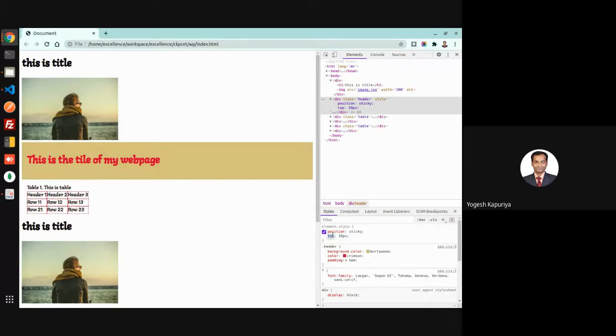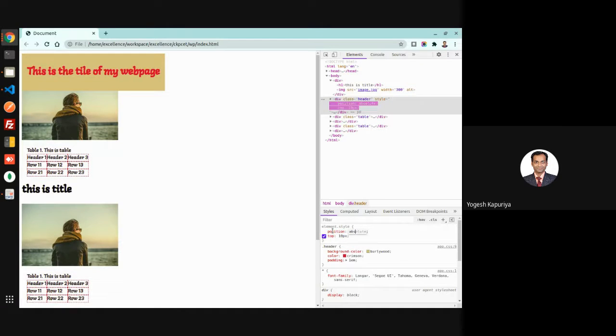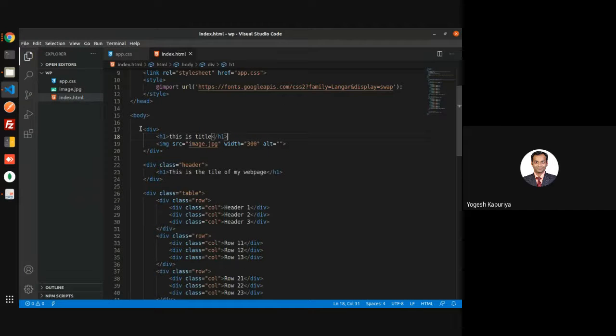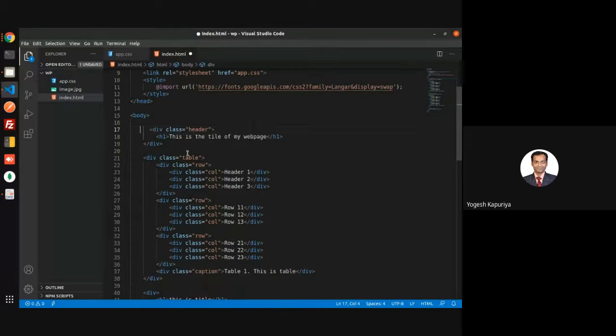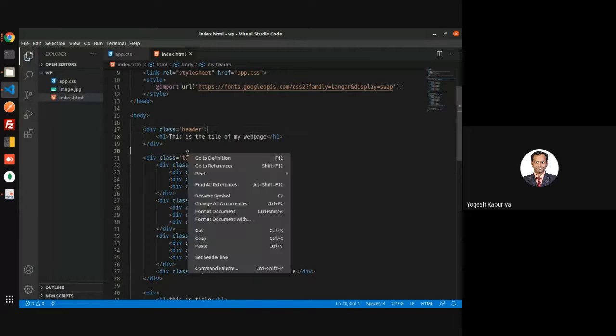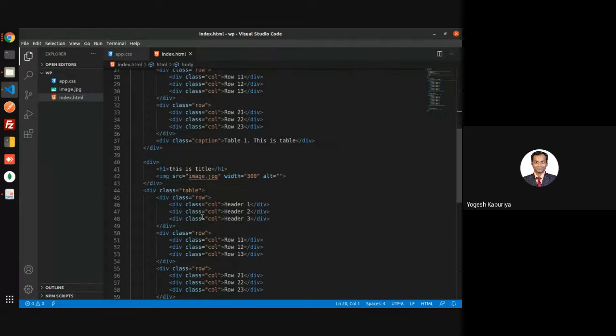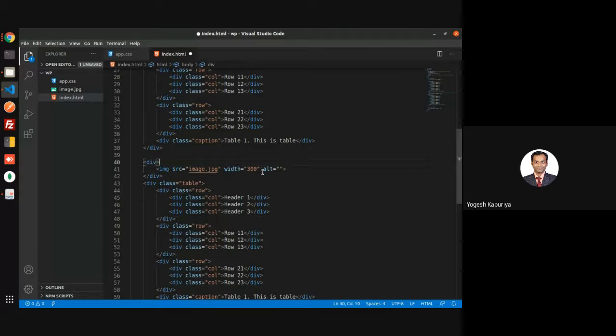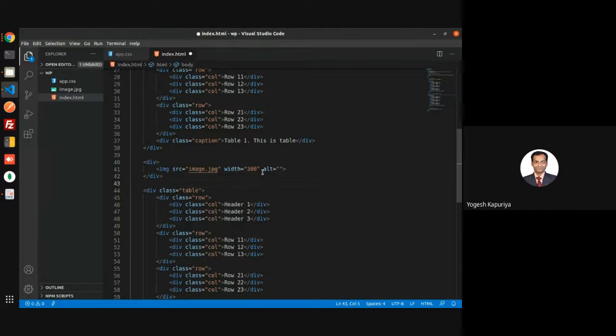And then there is the last one, which is called absolute positioning. Now, in order to understand this, okay, let's say we have this image and then we have some caption for that image.